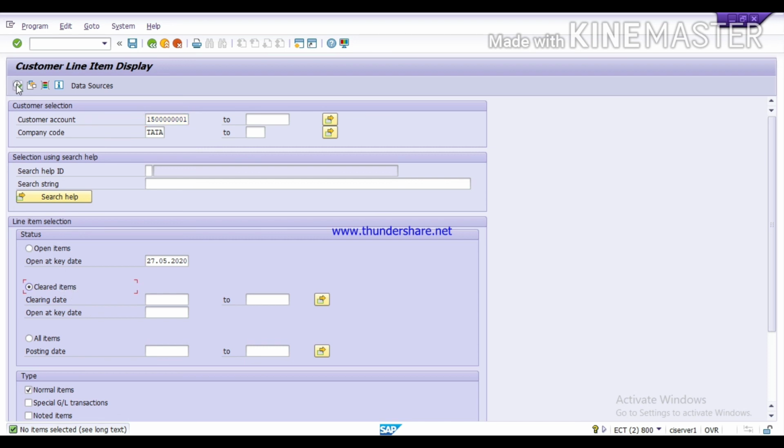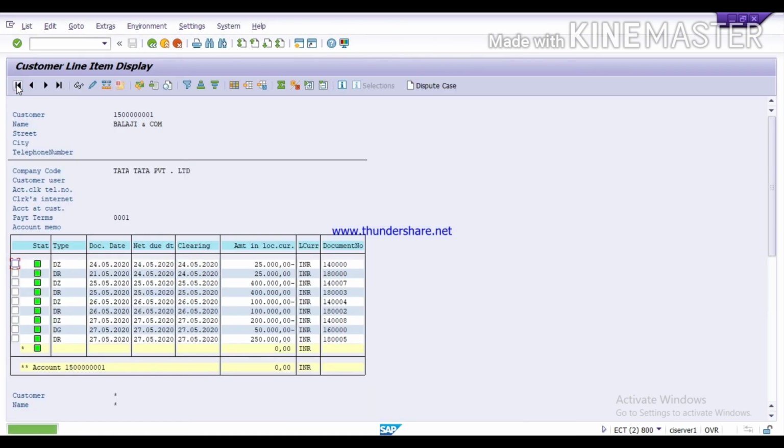Now click on execute. Now you can see on 27th there are 3 entries. First is for total invoice 2,50,000. Second is for sales return, which is 50,000, and third is for incoming payment, which is 2 lakh. Now it has all turned green, means it has cleared now. If you want to check the entry, here you can see the clearing document also.